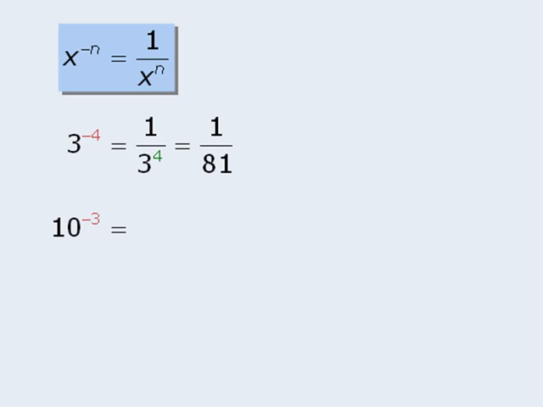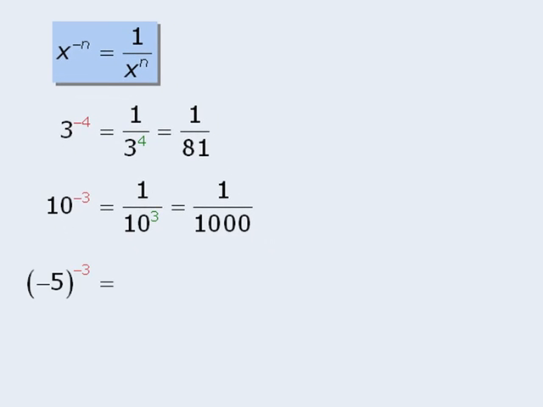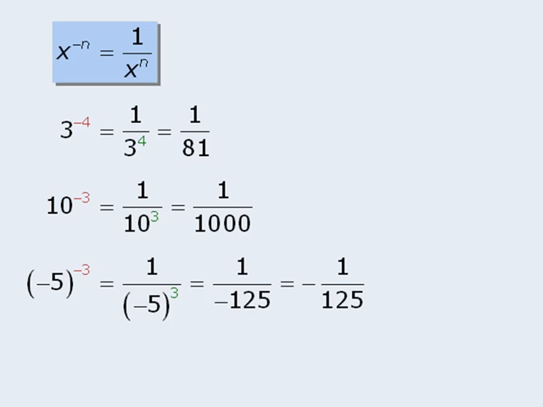To evaluate 10 to the power of negative 3, we can first rewrite this as 1 over 10 to the power of positive 3, and then we can evaluate the denominator to see that 10 to the power of negative 3 is equal to 1 over 1000. Next, we have negative 5 to the power of negative 3. This is equal to 1 over negative 5 to the power of positive 3. Now, negative 5 to the power of 3 equals negative 125,